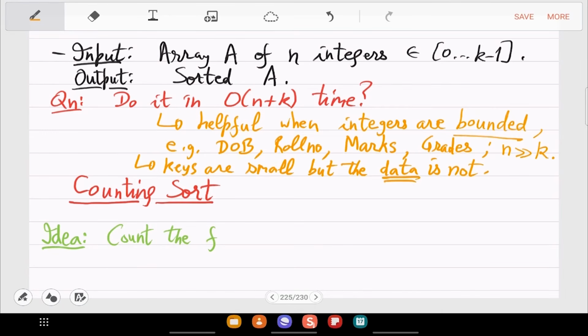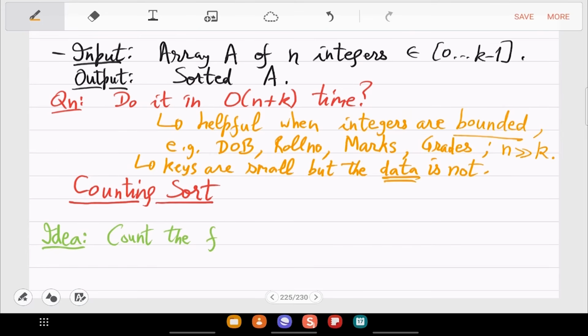Those things are attached with the roll number. So the data is actually very big, but the keys are very small. So what we want is to sort according to the keys, but there will be many, many repeated keys, and the associated data should be kept with them.